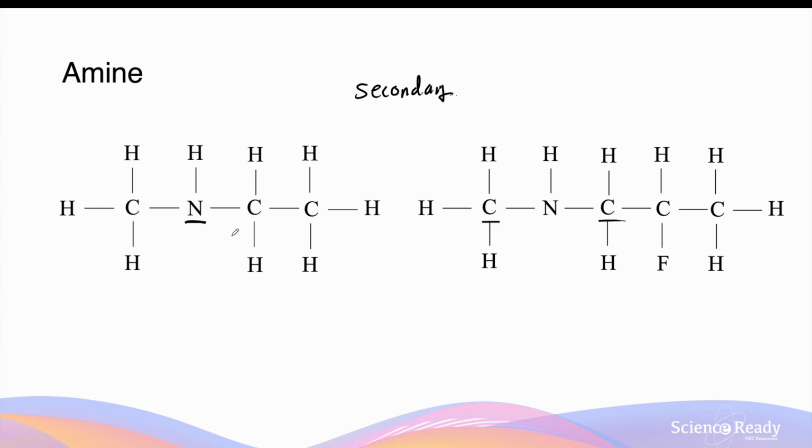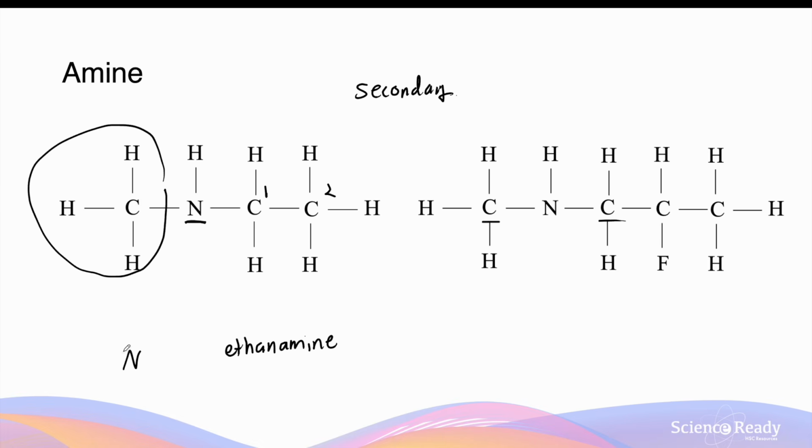The naming of secondary amines is different to primary amines. First, we need to identify the greatest number of carbon atoms consecutively that contains the amine functional group. In this case, there's 2. So the suffix of this name will be ethanamine. The remaining carbon will become a branch. So in this case, this is a methyl group. The methyl group is connected to a nitrogen atom, so we'll denote this using the letter N instead of any numbers,